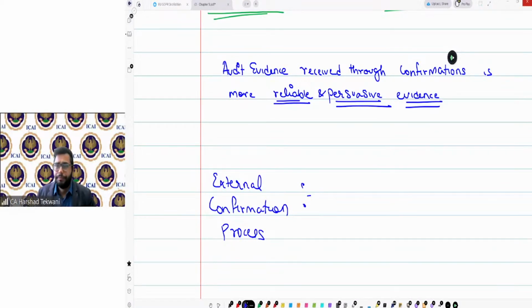Positive confirmations. So if you want to roll out positive confirmations for account receivables, what process will you follow? What will you do? Come on, guys.